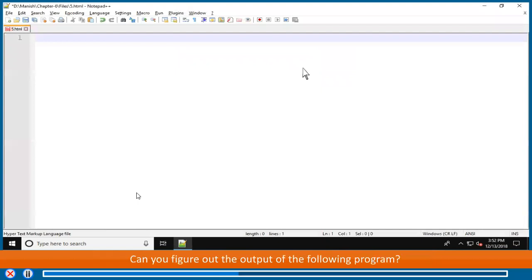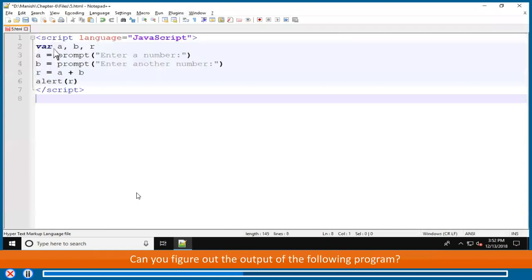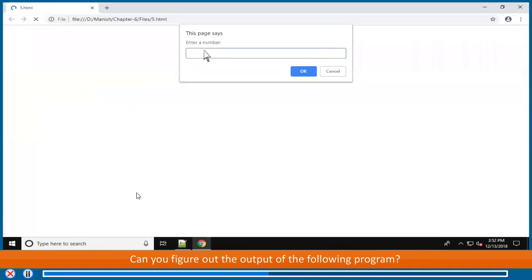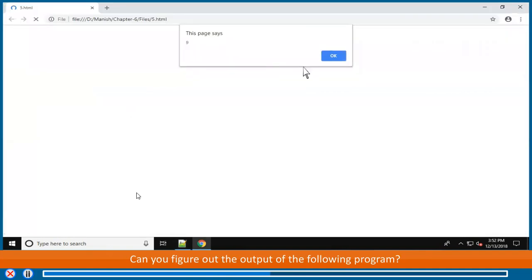Can you figure out the output of the following program? <script language="JavaScript"> var A, B, R; A = prompt("Enter a number:"); B = prompt("Enter another number:"); R = A + B; alert(R); </script>